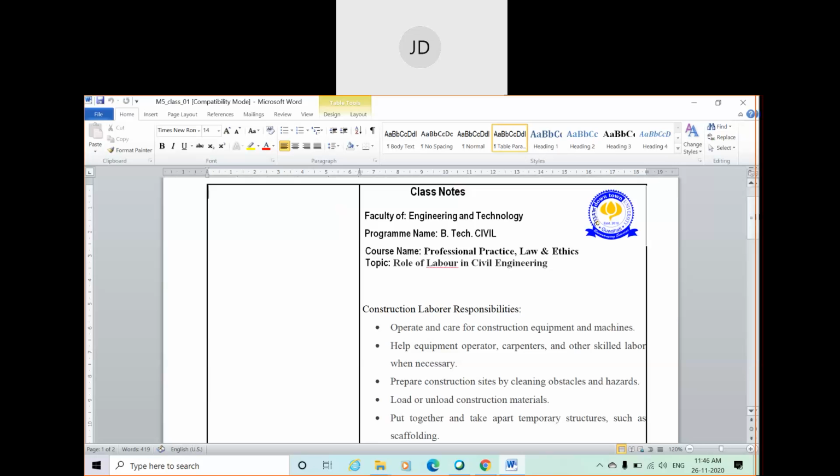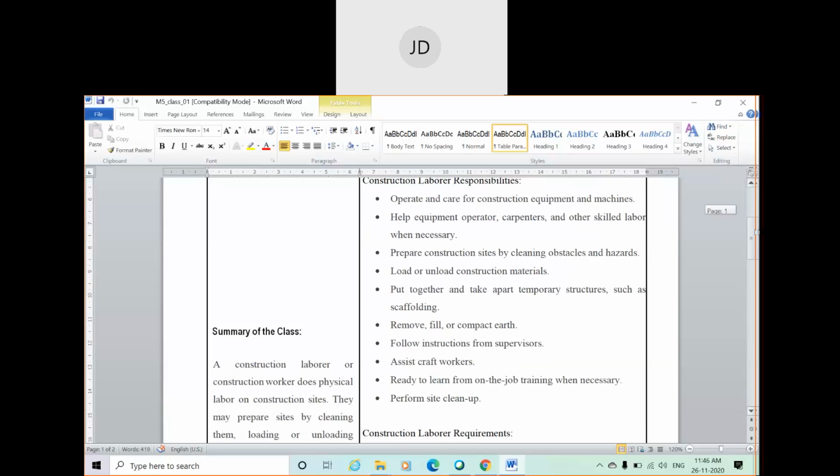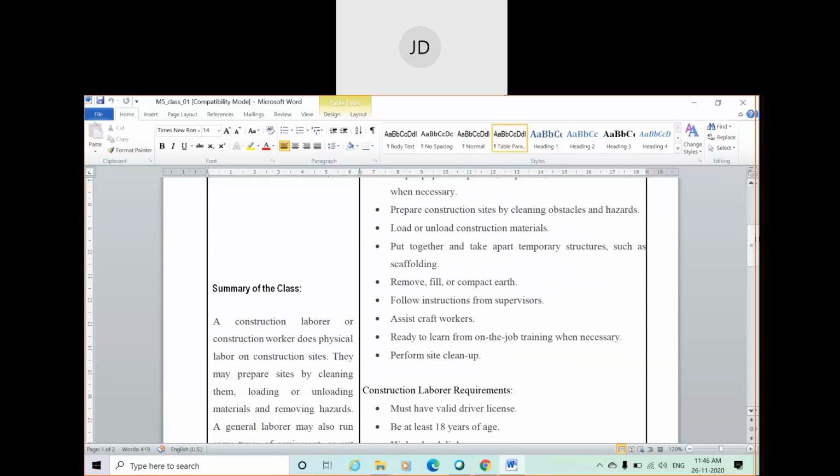So here you can see the title of the topic of module 5, that is role of labor. Maybe the word may be a mistake. Okay, spelling, please cross check the spelling. So role of labor in civil engineering. Okay, so specifically we're talking about a construction labor. So what do you mean by construction labor? If you go by textbook,